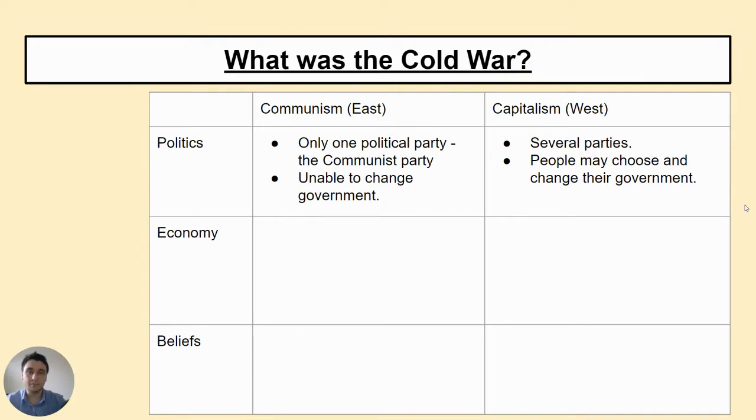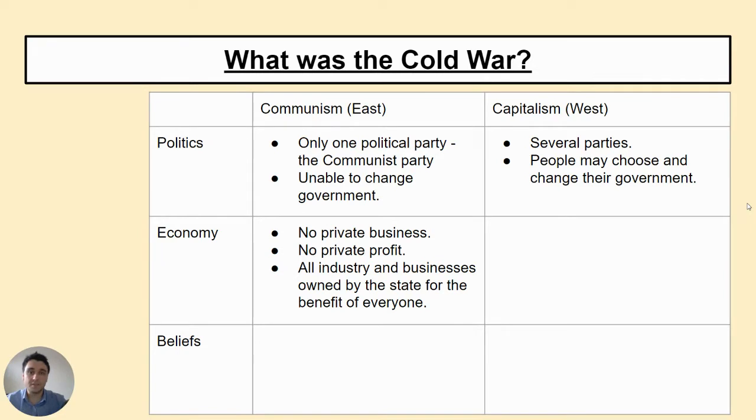What about the economy? Well, under a communist government, there is no private business. You cannot run your own business. There is no private profit. You cannot become very rich. And all industry and businesses are owned by the state for the benefit of everyone. So everyone is treated the same. There's no real opportunity for you to make more money. That's communism. Whereas capitalism in the West,